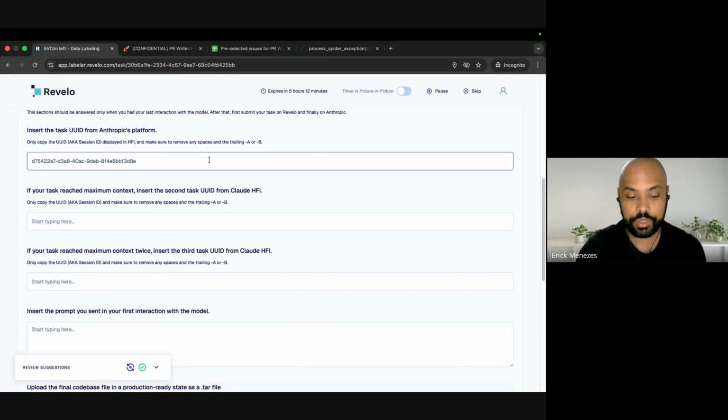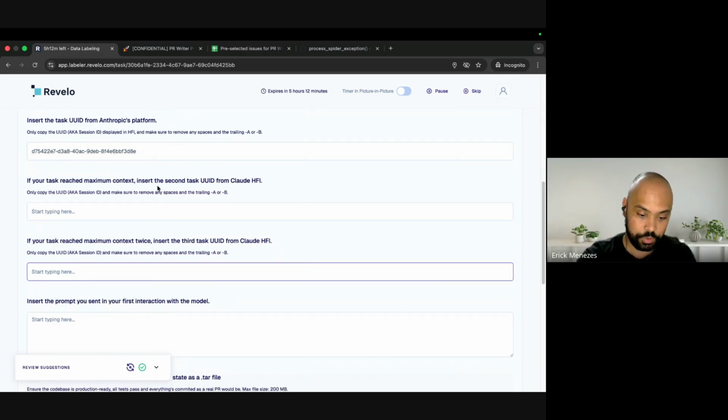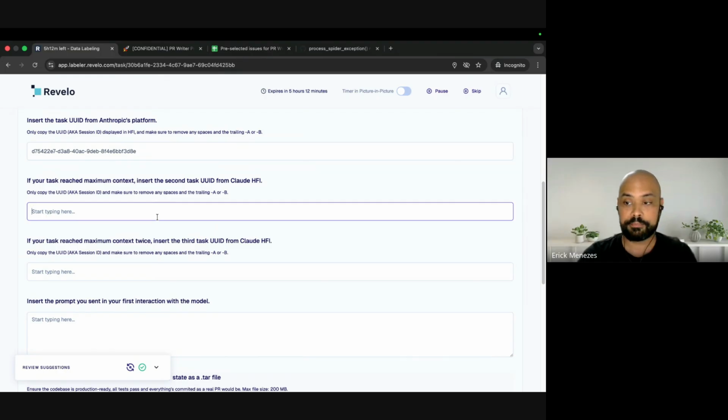You saw that on our first interaction when we started the model, we had to save the Anthropic UUID. Most of the time, we'll have only one Anthropic UUID. So why do we have these two fields?